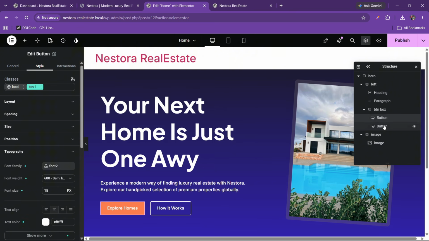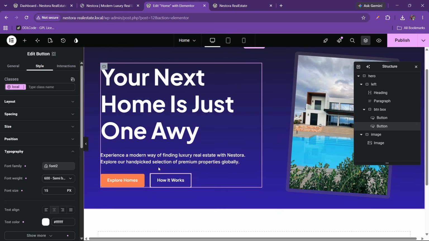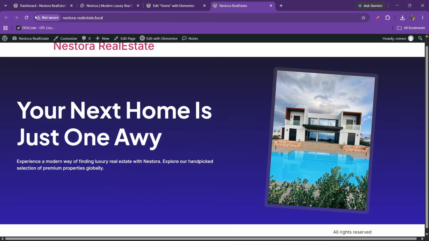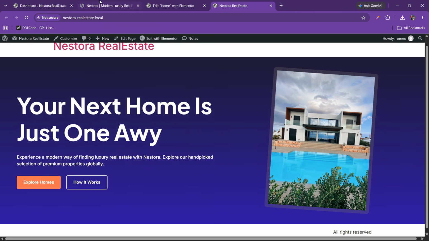This is the button 1, and this is the only single. You can also click on this and convert to global class, and that global class name will be like button 2. Okay, we can rename this like button 3. Let's name this button 3. Okay, now let's publish this, and after that you can see, go here, and you can also preview this. Okay, so this is looking really good, and